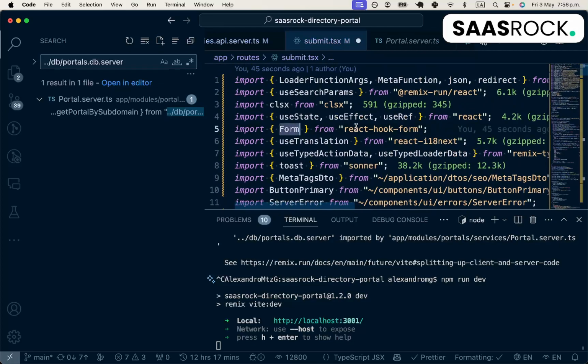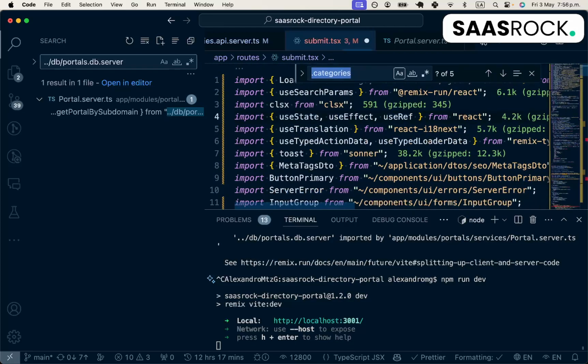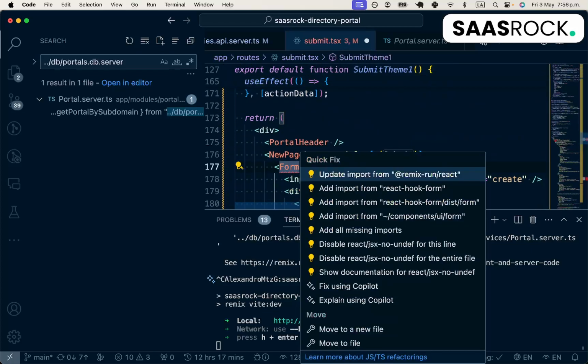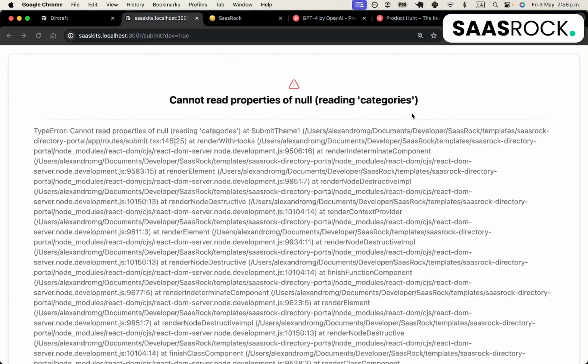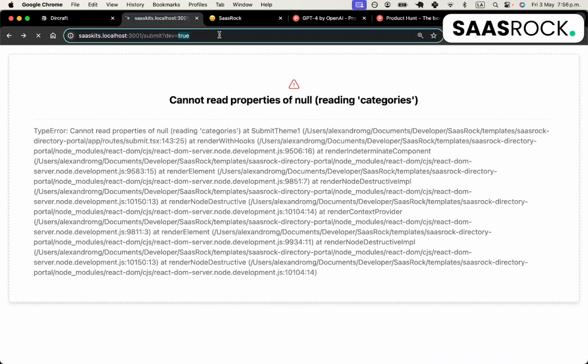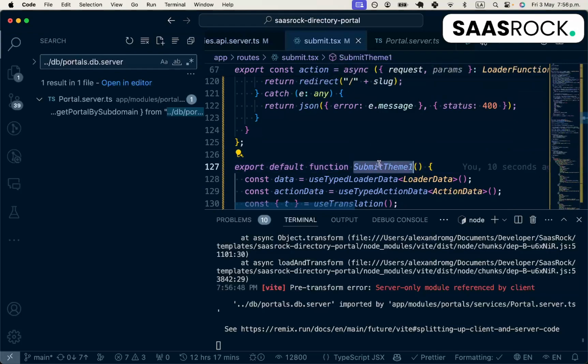React. Okay, so it's the form. It shouldn't be React hook form. It's from Remix. I think that's the case. Okay, it was the case, but we need another,